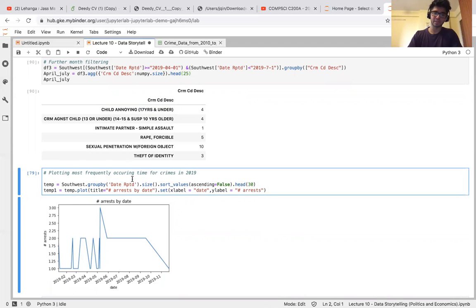Line plots are extremely useful if we want to represent numerical variables, especially given time series data. In this case, since we are trying to represent the date reported on the x-axis and the frequency on the y-axis, we can plot the most frequently occurring time for crimes.